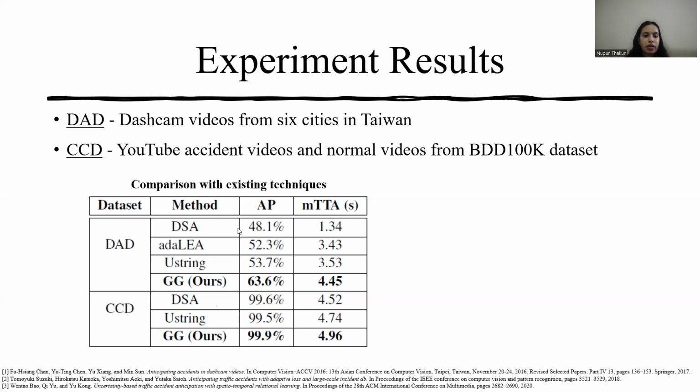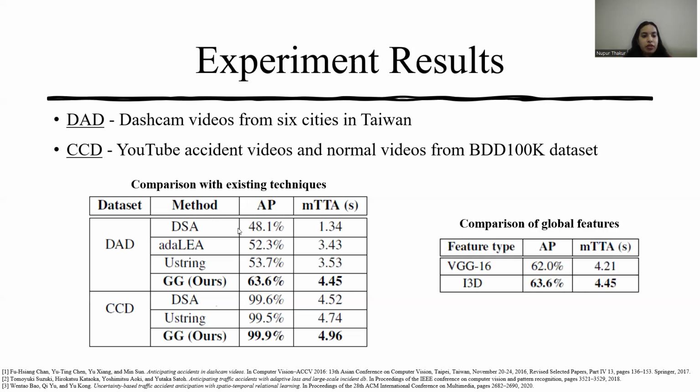Another experiment we conducted was comparing the global frame feature because baselines use the frame feature extracted by VGG16, which uses spatial information only. From the table, it is clear that when we use our spatio-temporal feature, which contains temporal information, the performance increases. This shows that the temporal information is important for this task. You can refer to our paper for more details on the experiments.